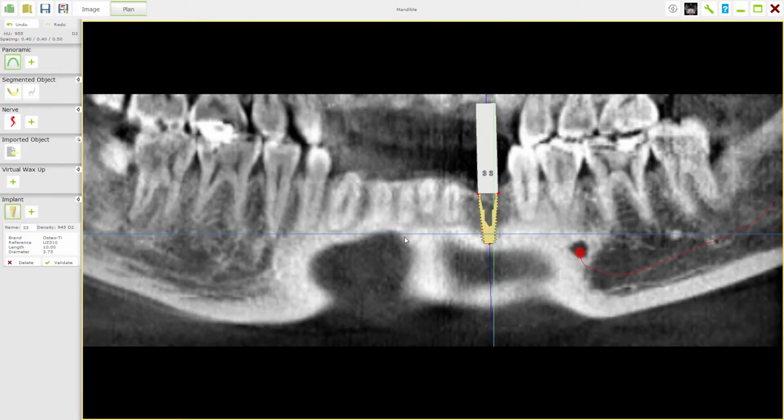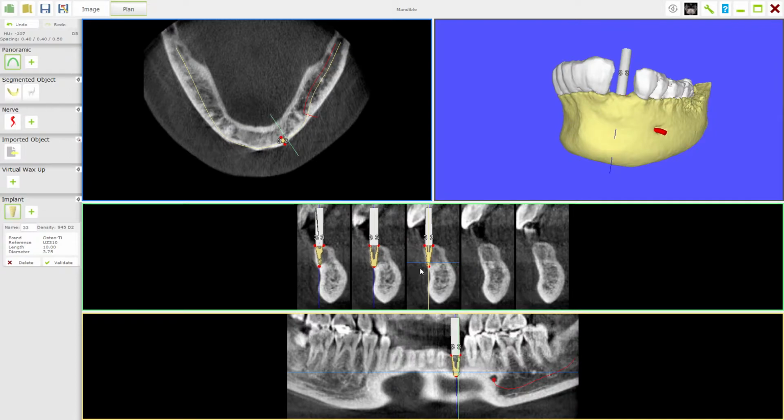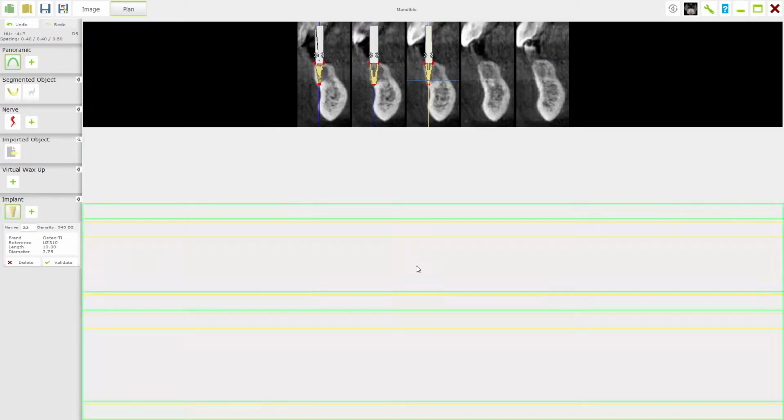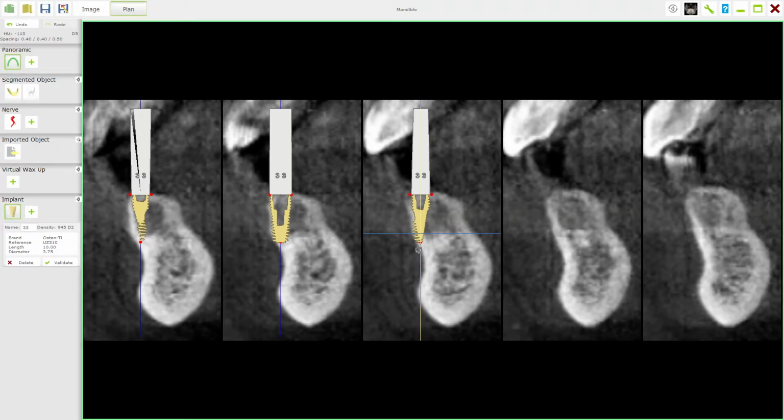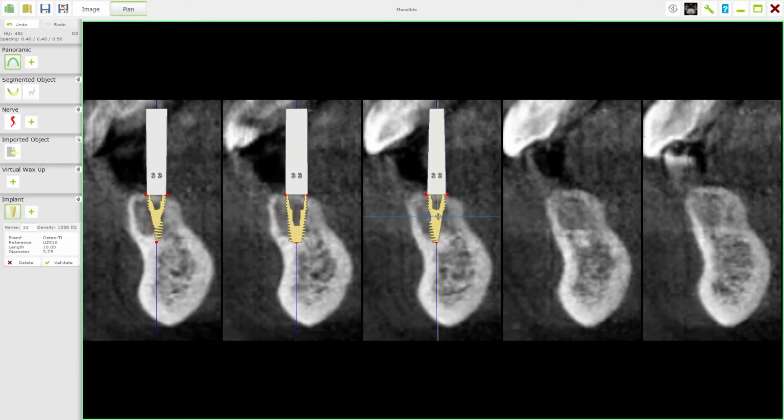Now I come out of there, and now I'm looking at this image. This is the transverse image, and we can see straight away that where it's positioned it is way too far lingual, buccally rather, labially, and I need to take the implant more this way, more towards the lingual side. So I'm moving it from the buccal more towards the lingual. So this is our 10mm long implant in this position here, and we've positioned it between the 4 and the 2, but really it'd be nice to see this now as a three-dimensional